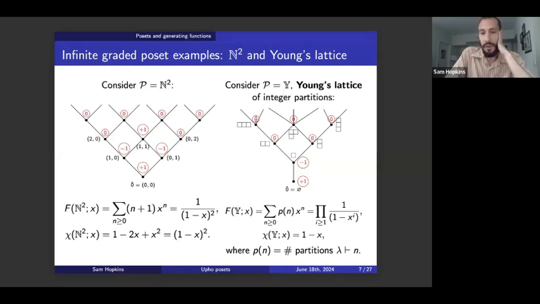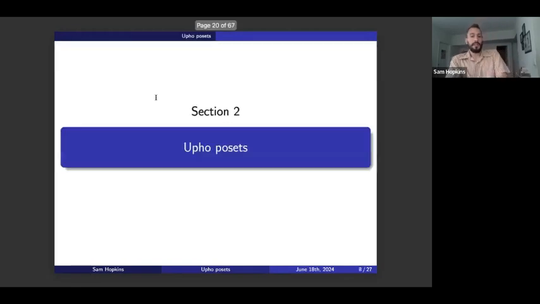These are the kind of structures I'm going to look at, but you might notice there's a difference between Young's lattice and the grid N squared, and understanding that difference is something I'm going to be interested in. All right, so now we come to the main definition of the talk,